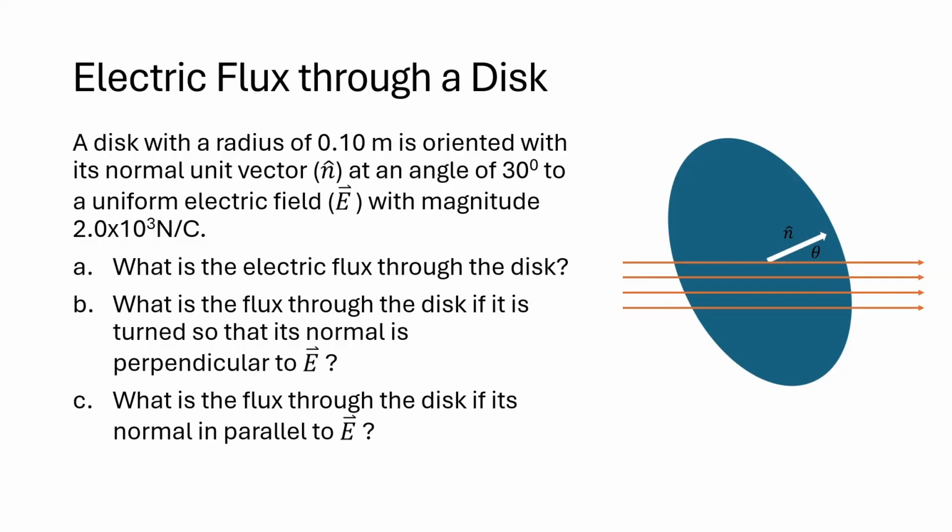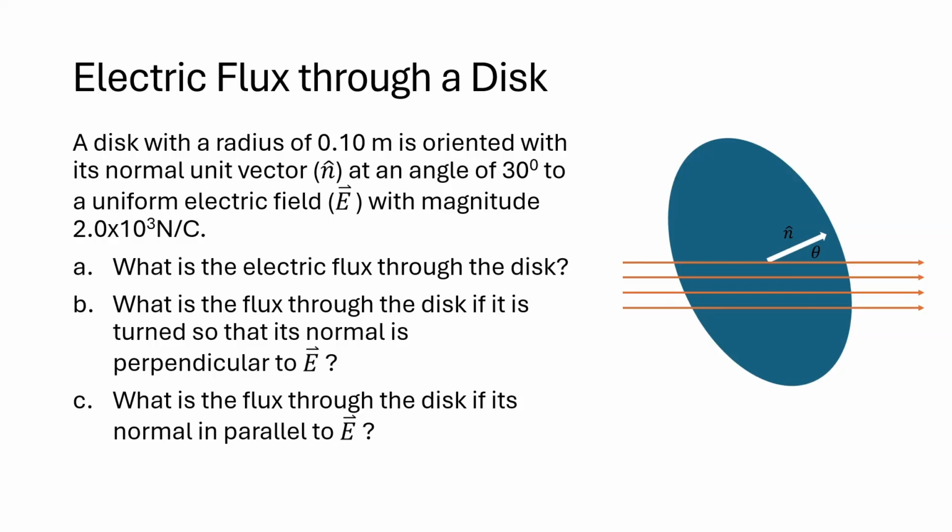As I said a while ago, if the surface area of a particular plane is parallel with the electric field lines, the value of the net flux in that particular condition is equal to zero. So definitely for letter B, the answer that we can get here is that the electric flux is equal to zero.